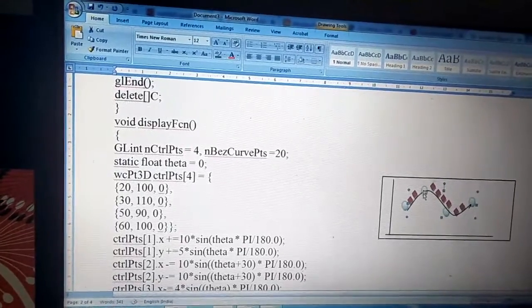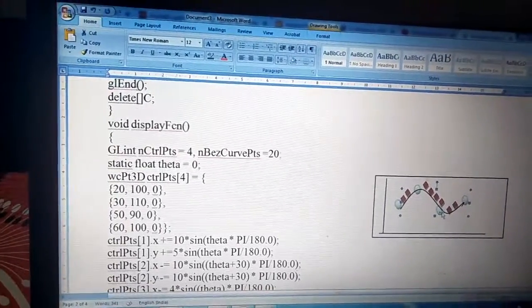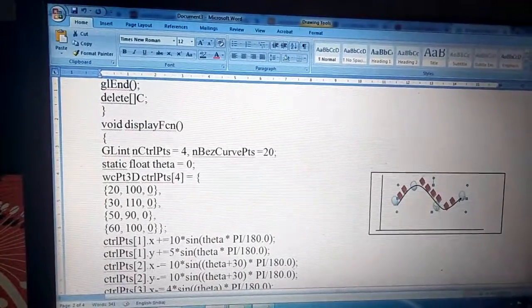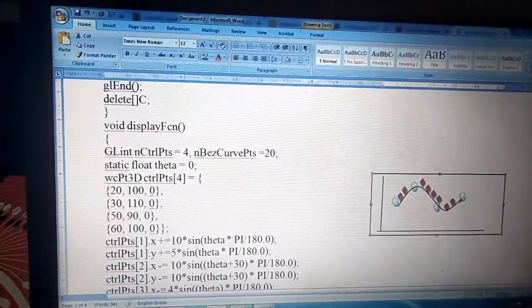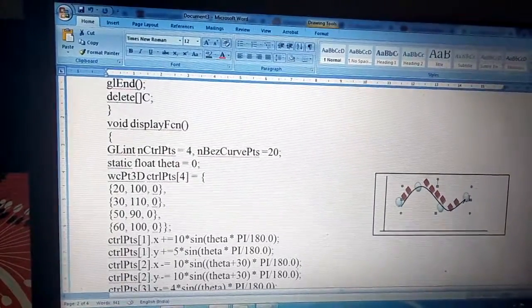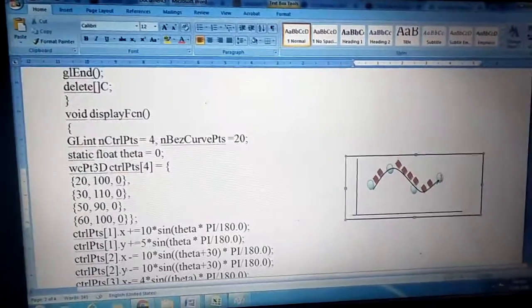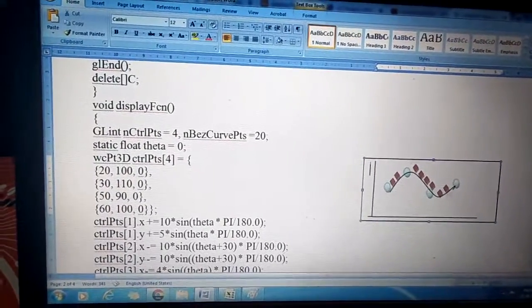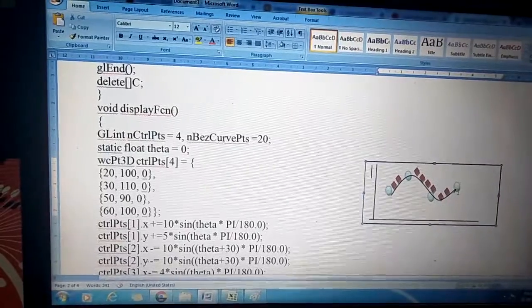Next x is 50 and y will be 90, means I am moving down. Can you see this third blue point? It has been moved down. Next, how about the last blue point? So this is x 60, y is 100. So I am defining these 4 control points.